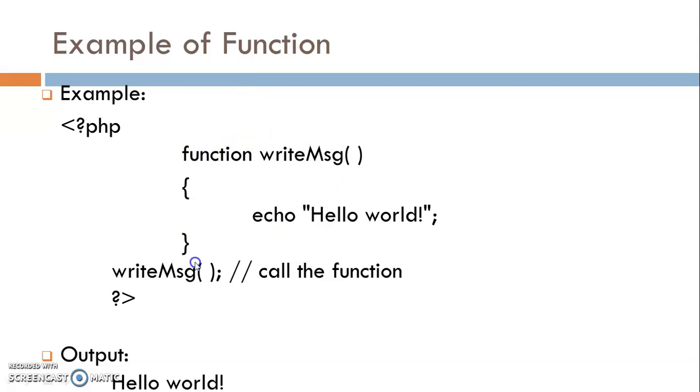Now whenever we want to call the function, just write the function name, then parenthesis and then a semicolon. If the user wants to pass an argument, they can pass the variable in this parenthesis, and this variable is received by the function as an argument, and then it performs a specific task on that variable. Now the output of this simple code is just hello world.